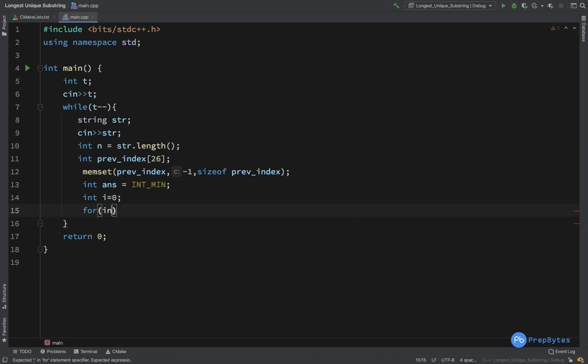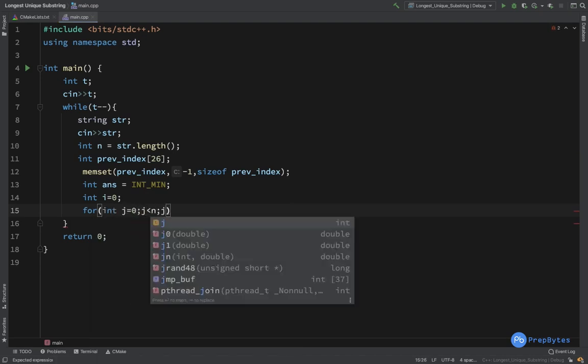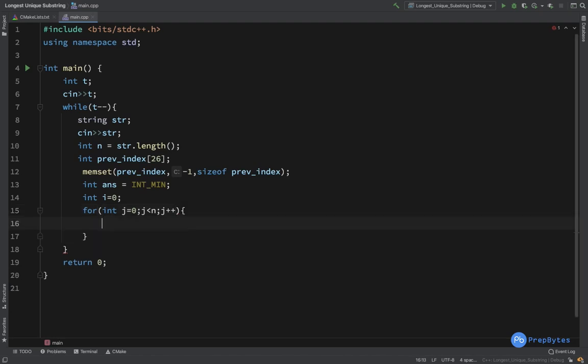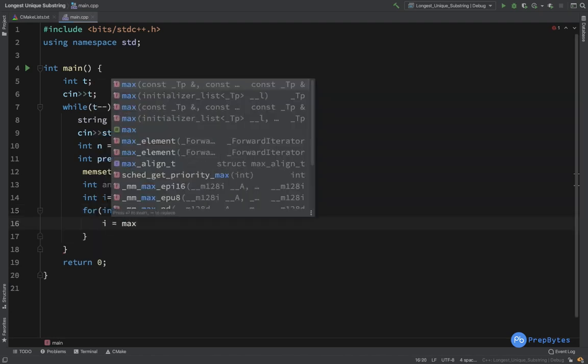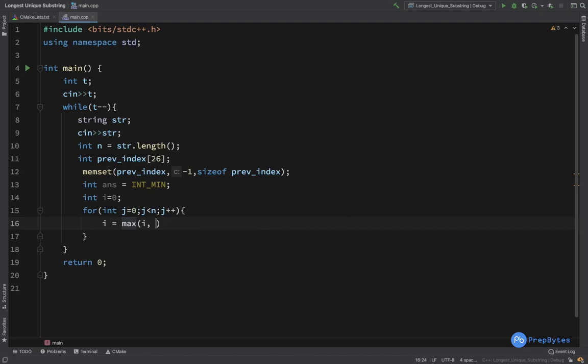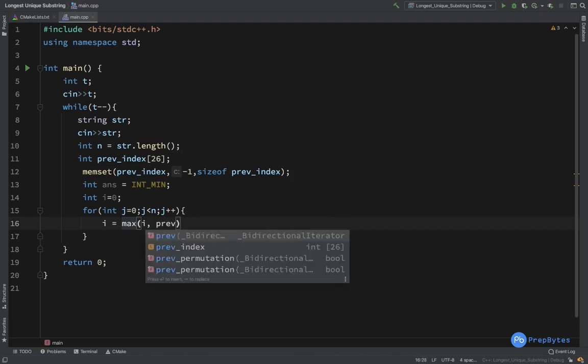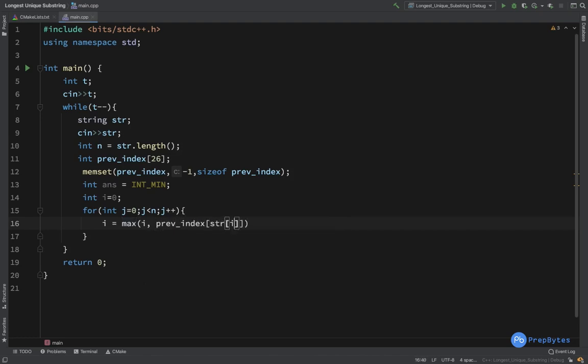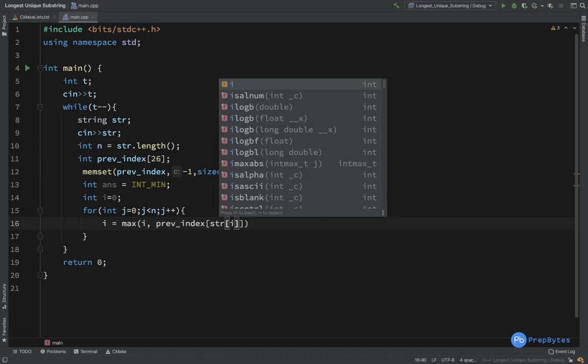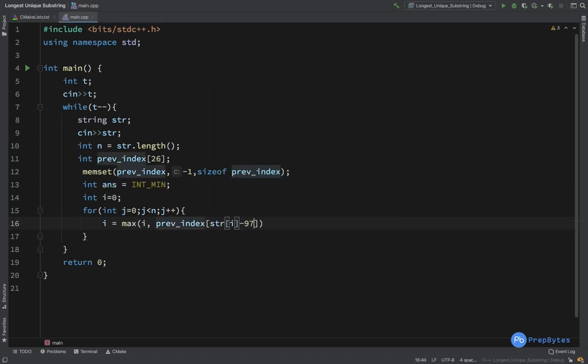Now a simple loop: for int j equals 0, j less than n, j plus plus. I is nothing but the max between I and the previous index of the current element, plus 1.